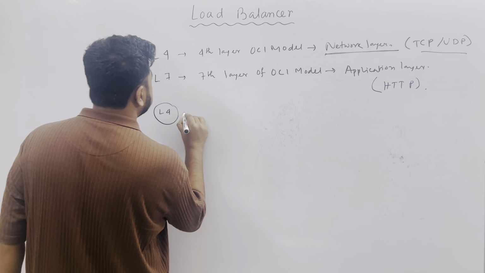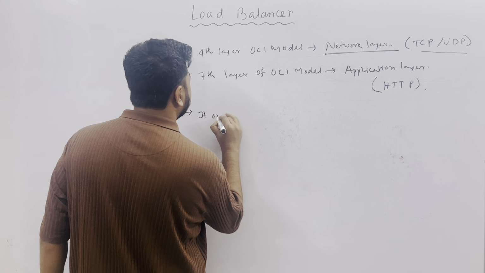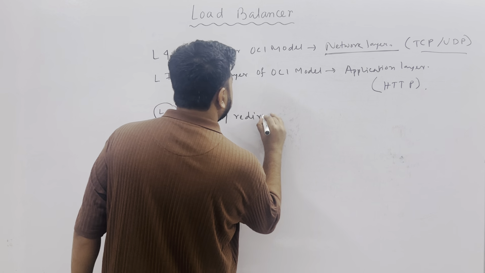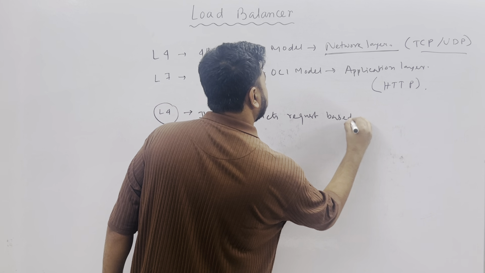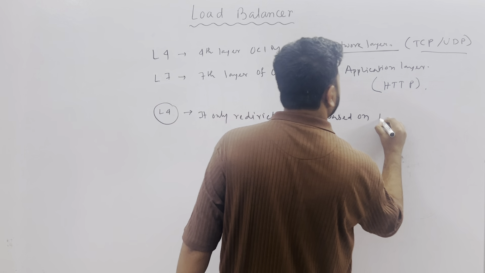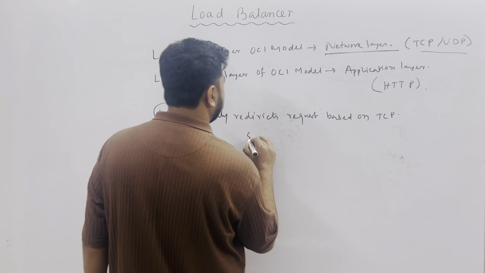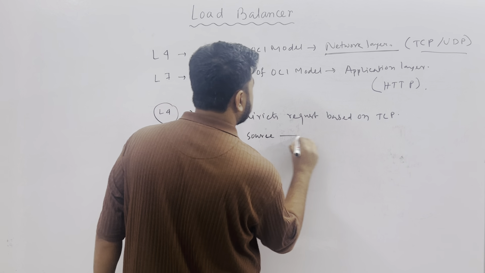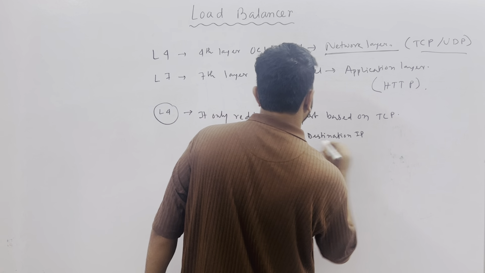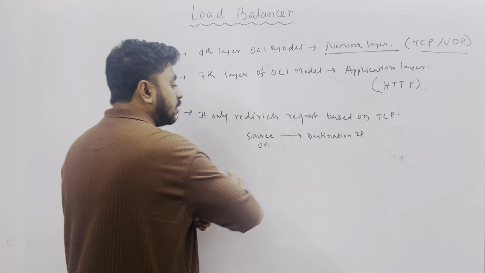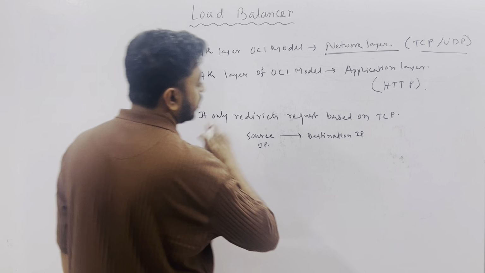So, L4 is the basic load balancer. It only redirects requests based on TCP and network. It will only check the source and destination IP, and it will redirect the request. It will not check anything else, whether you are sending a GET request,